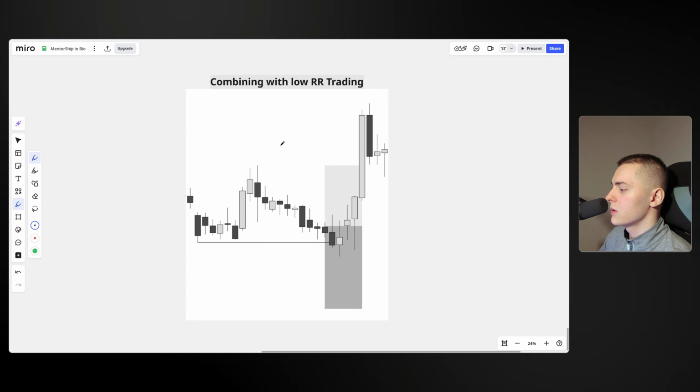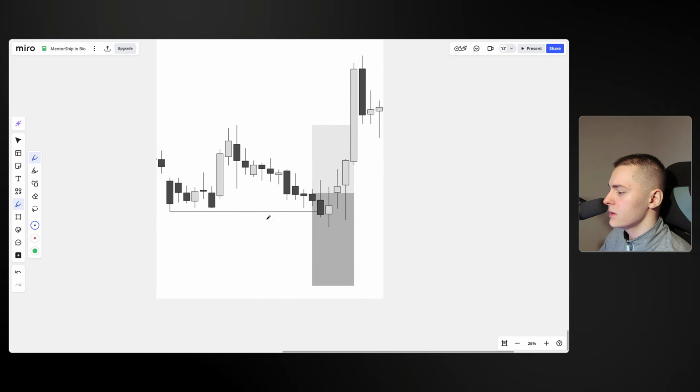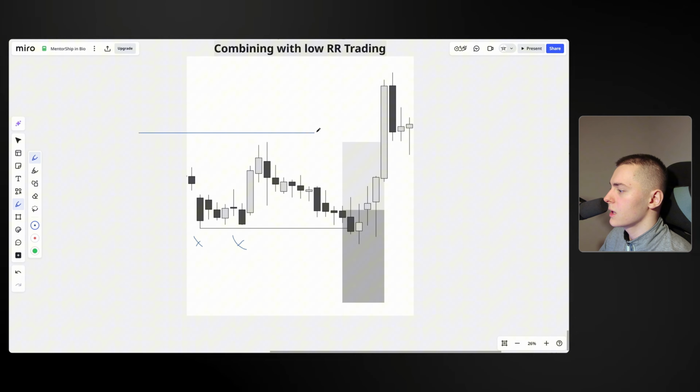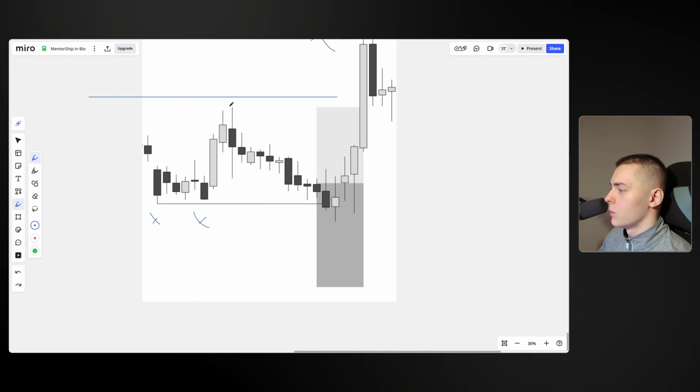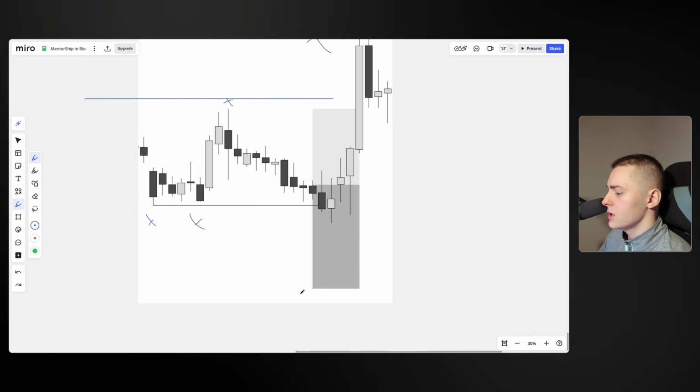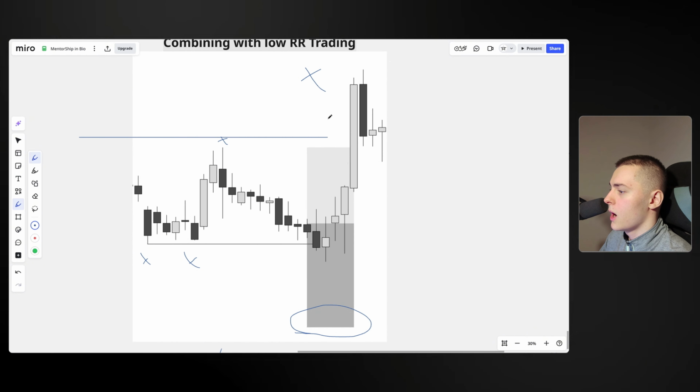Now come on, how could this have been traded correctly? As you can see, we have relative equal lows in there. And we just had the relative equal highs that we are trying to trade back into. Instead of having a massive take profit all the way to the upside, even though we overshot our take profit by a lot, we only target the relative equal highs. And additionally, our stop loss is exceptionally low because we don't really know when price is going to do that. Price might as well have just gone back a little bit lower and then shot up. So again, we're not trying to predict the time aspect of trading. Only the price. We only want to know where the price is going to go next. And in this case, we knew that it will go to the upside.